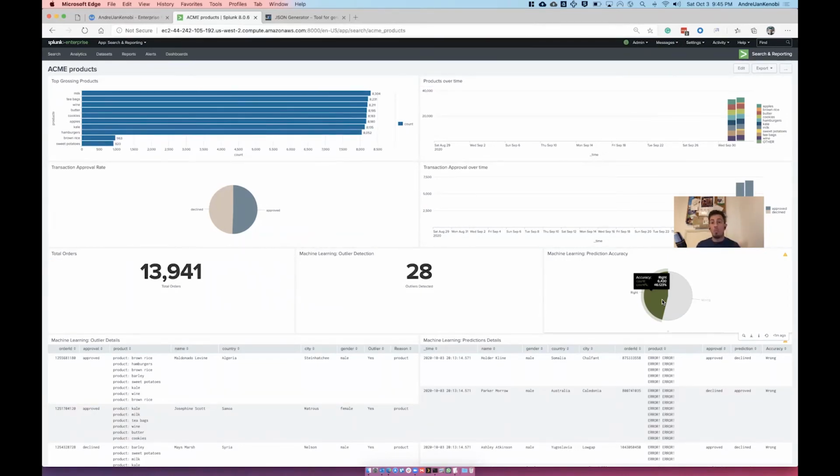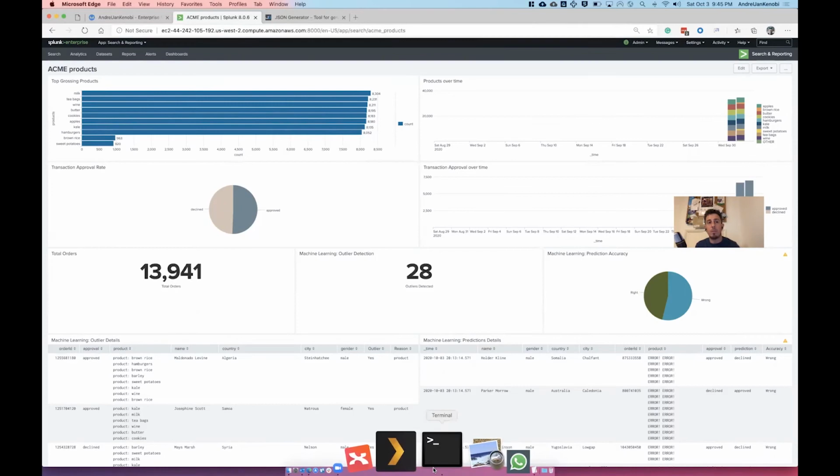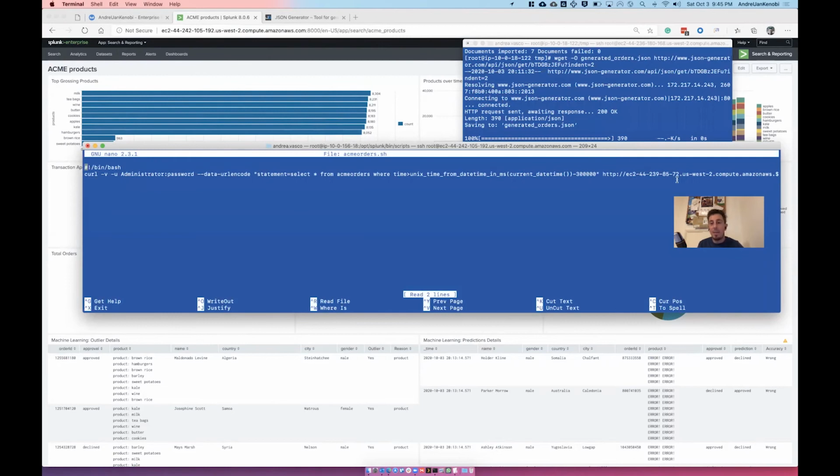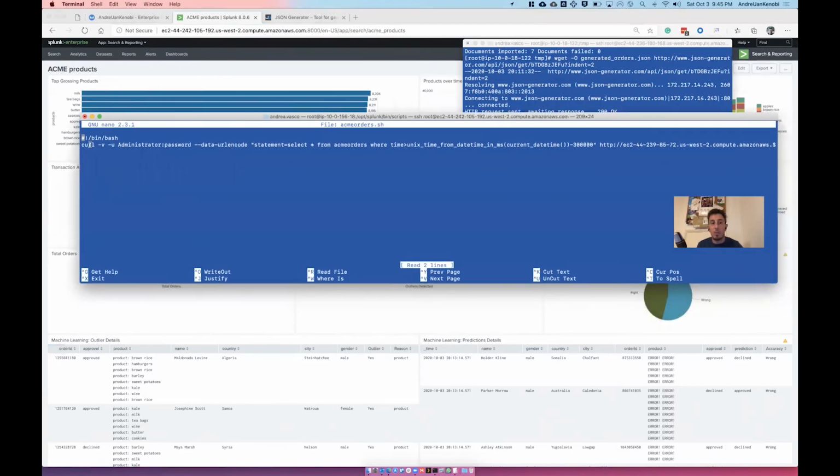All right, so this is the only piece of information I'm going to give you about Splunk because it's relevant for setting up your own environment, right? We provide information to Splunk through a script, and the script file, there you go, it's this one right here, Acme orders.sh. It's a shell script, and it's probably the easiest thing ever, right? It's a curl call, where we're going to have the username and the password, and then we are just running a statement: select everything from Acme orders, and then this where condition that seems super complicated. In reality, it's just, hey, where the time of